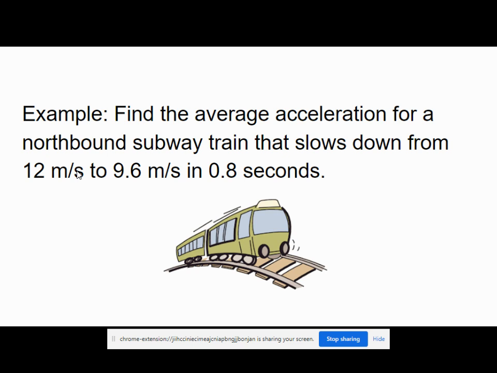Find the average acceleration for a northbound train that slows down from 12 meters per second to 9.6 meters per second. So that means we're taking our final, which is 9.6, and subtracting 12. That means we're slowing down by 2.4 meters per second, but it took 0.8 seconds to do that, so we have to divide by 0.8. So we are slowing down at negative 3